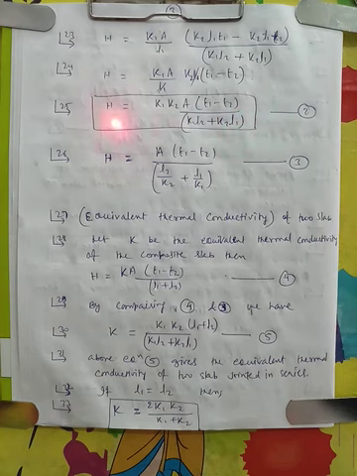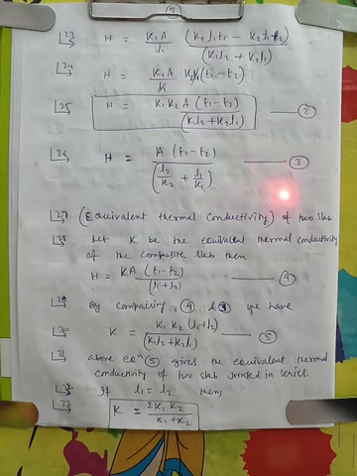So this equation can give us the rate of heat transfer through the combined slab in terms of K1, K2, and T1, T2. So we have found the interface temperature, and we have found the rate of heat flow in terms of the known things T1, T2, K1, K2. Again we modify this a little bit by taking K1, K2 to the denominator. So we get H is equal to A (T1 minus T2) divided by (L2 by K2 plus L1 by K1).